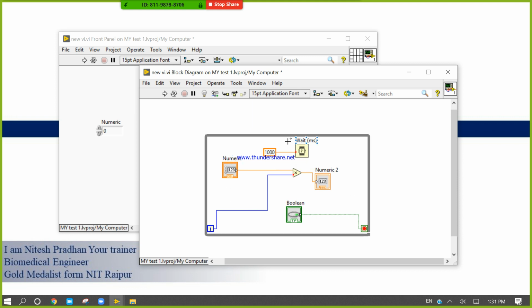So once it executes, after that it will wait 1000 milliseconds. Okay, so this one is a structure, this one is a numeric control terminal, this is an indicator terminal, these are the functions, these are some kind of nodes, and look here, these are also the connecting nodes.